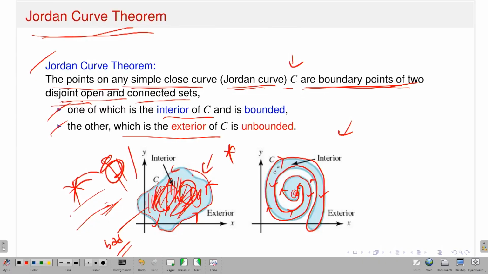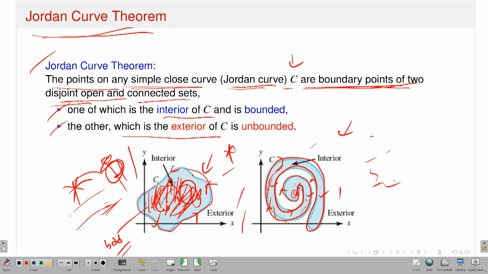Look at the color I have given, light blue. This is the interior one, that means the bounded one, and the white one is the outer one, the exterior, the unbounded one. So the Jordan curve theorem says that the points on any simple closed curve or Jordan curve C are boundary points of two disjoint open and connected sets. So these are two examples. Once I have a Jordan curve, you go to the region bounded by the Jordan curve C, that means the interior region, and you have the exterior region. These are two regions which are disjoint, open and connected sets,